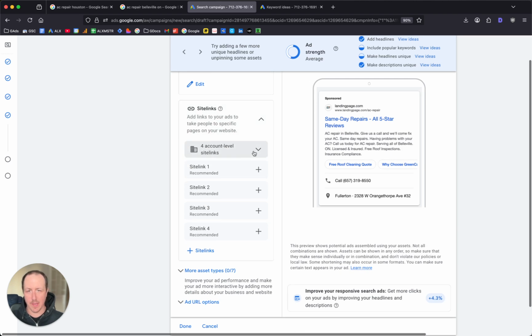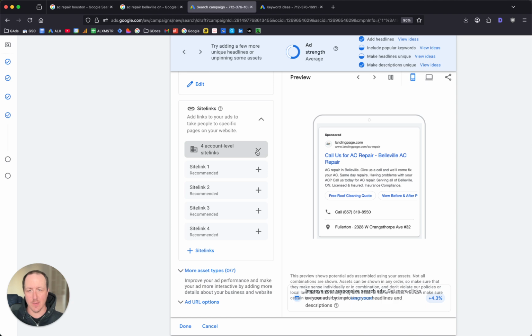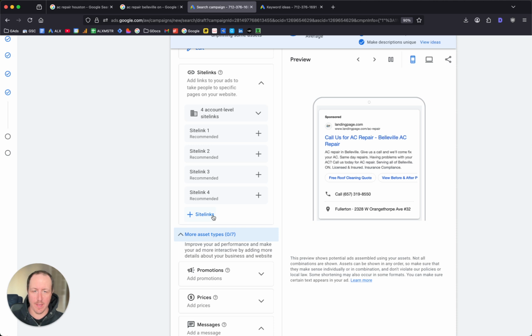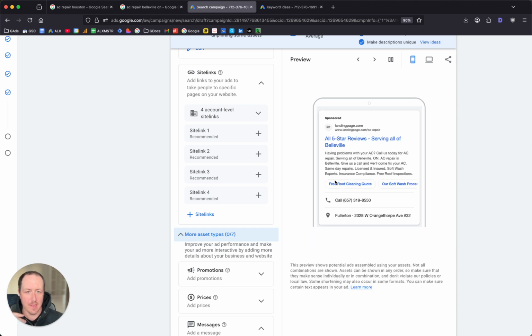Now site links. Now this account has account level site links. I don't recommend these anymore, and as well as other asset types. I don't recommend changing these here, but the reason you want to add site links and all assets is because, as you can see, this ad takes up far more real estate on Google Ads search results than just a standard search ad. So if you have site links, if you have a call button,